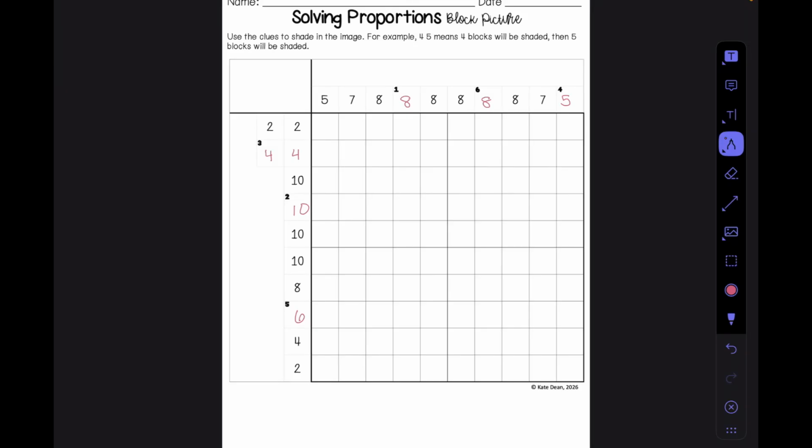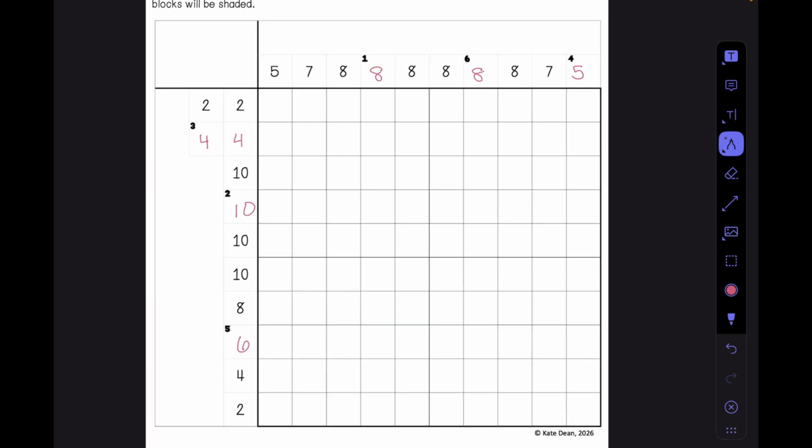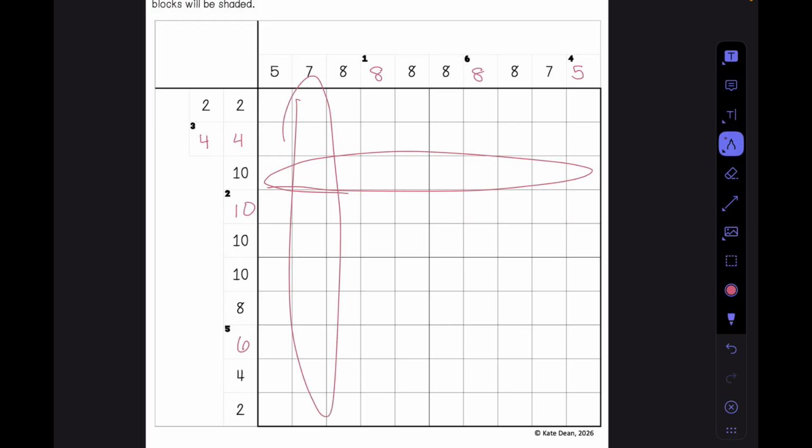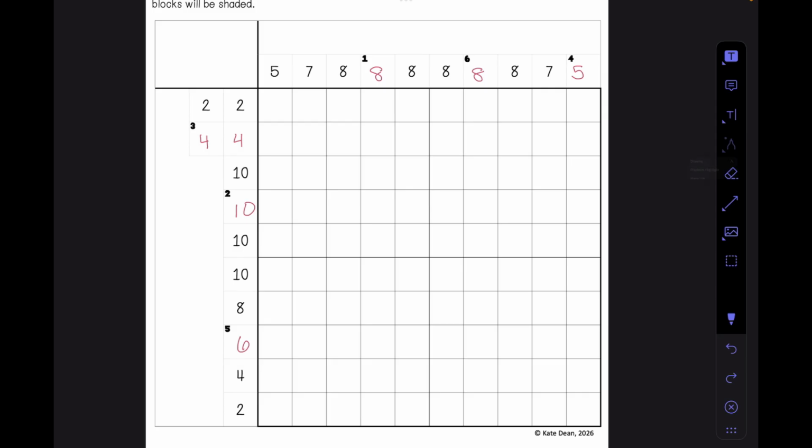I wanted to walk you guys through how one of these block pictures gets filled out and just the thought process that a student may go through when they're working on this. So if we look at this block puzzle, we notice that there are 10 blocks going across and there are 10 blocks going down. And that's important to know how many blocks because now I can look and I notice that